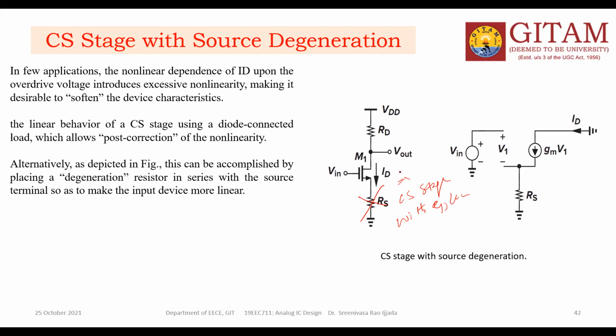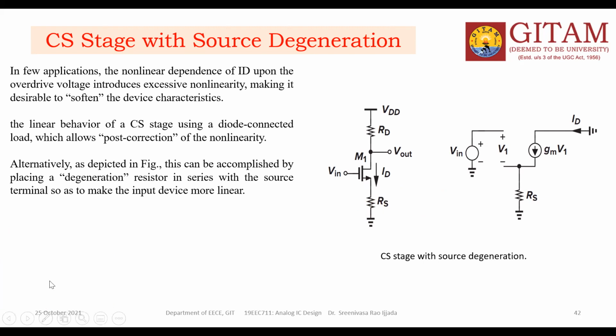configuration, we added the source resistance between the ground and source. This is the source, and this is the ground. Between them, an RS is added. The addition of this RS to the circuit is known as source degeneration. Now we will see how the source degeneration works out. The equivalent circuit of the